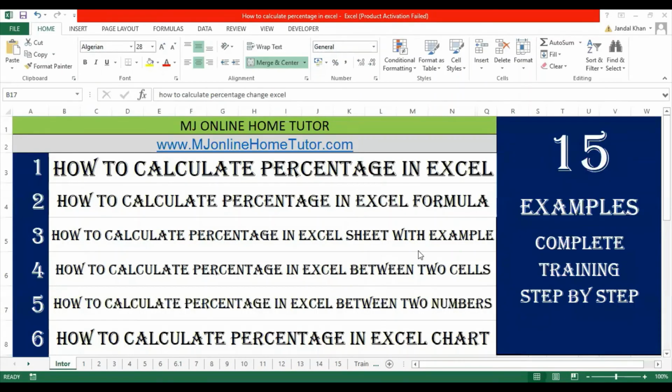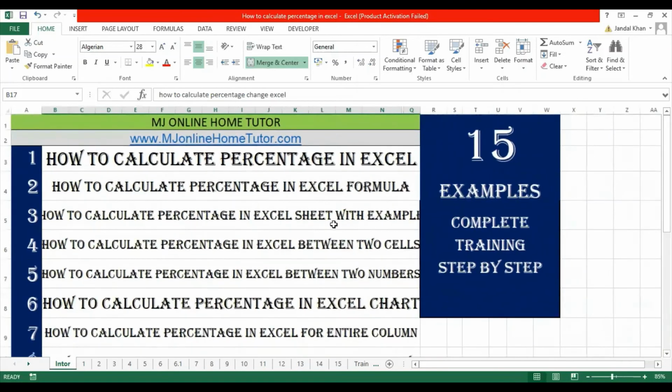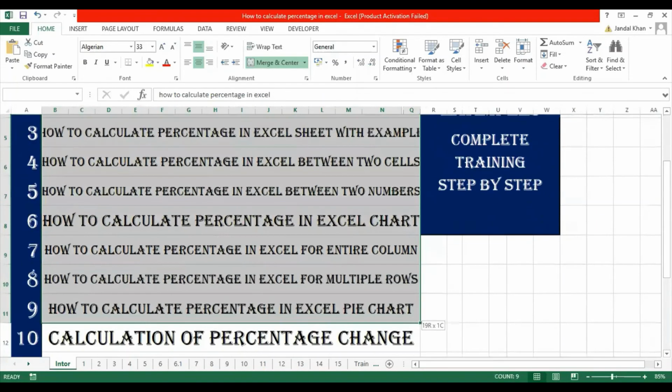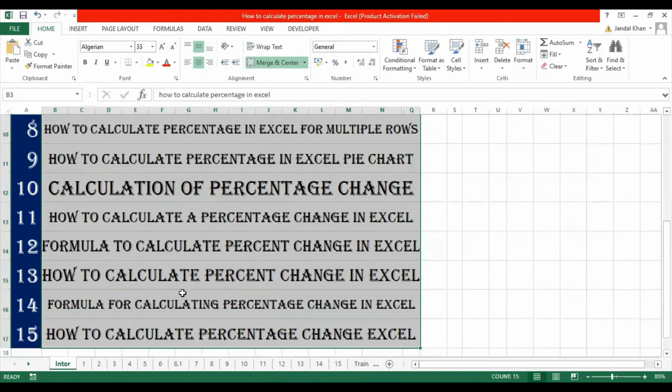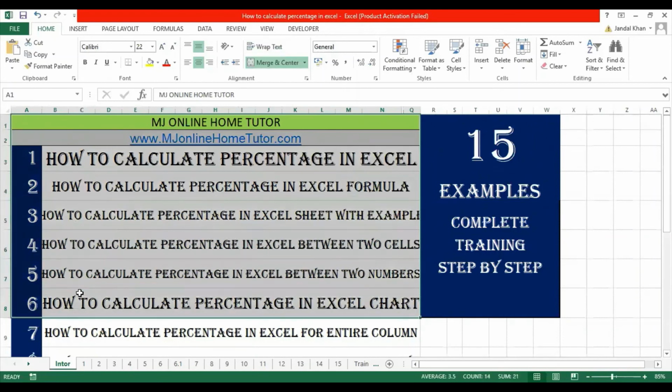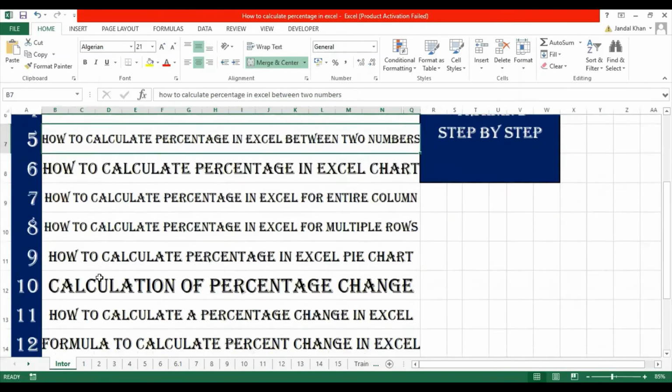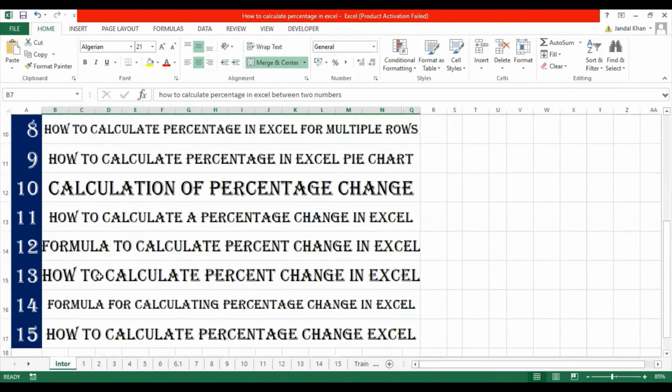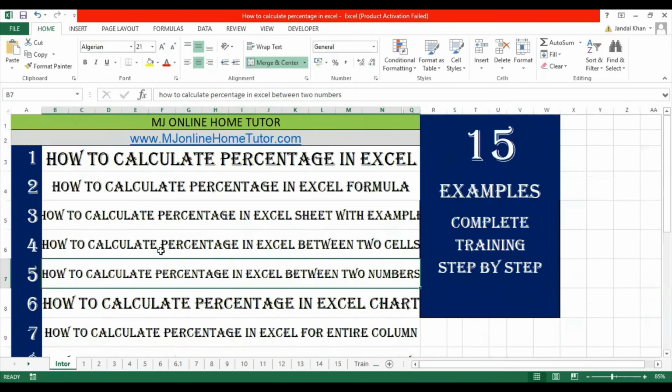And now let's discuss 15 examples of percentage calculation which are very useful for you. As we know, there are many ways to calculate percentage for different aspects, for different results. To make it simple for you, we have started this training from basic to advanced level, so you will become an expert in percentage calculation in Microsoft Excel. You can apply any one as per your requirement, or watch all videos to understand percentage calculation in Excel from